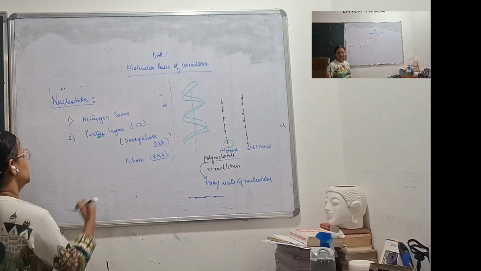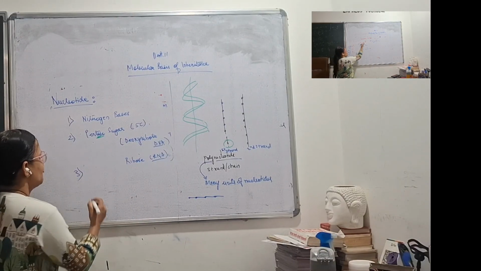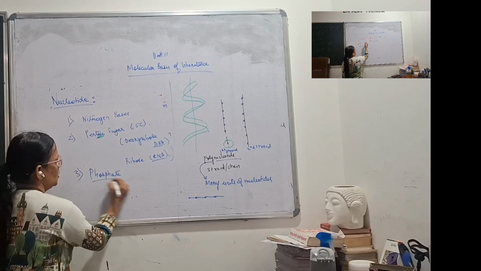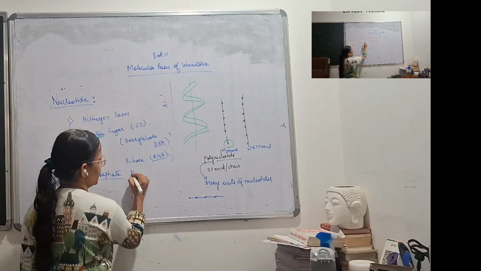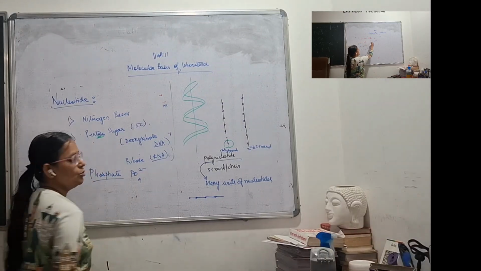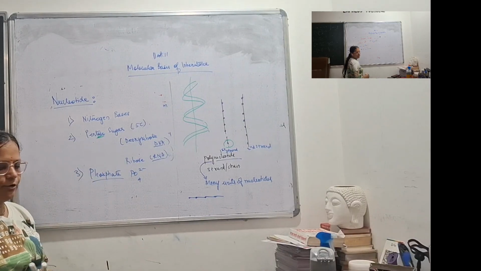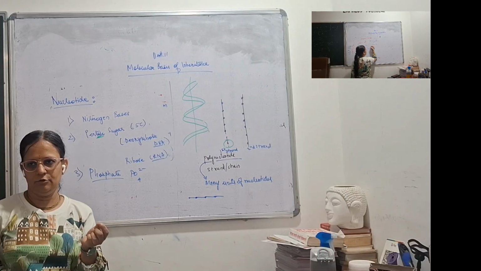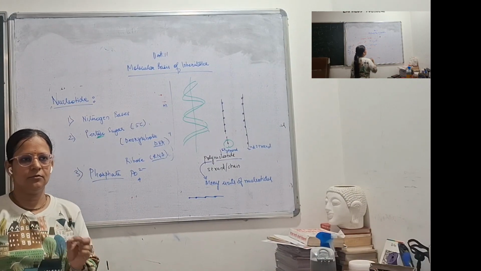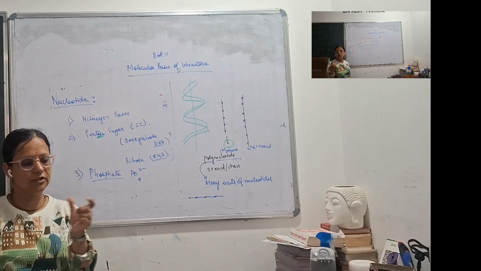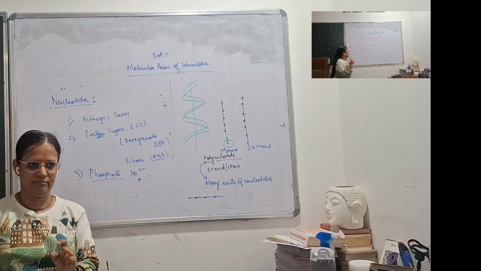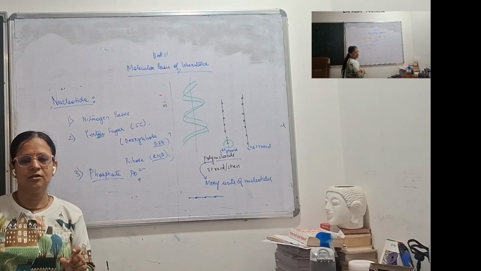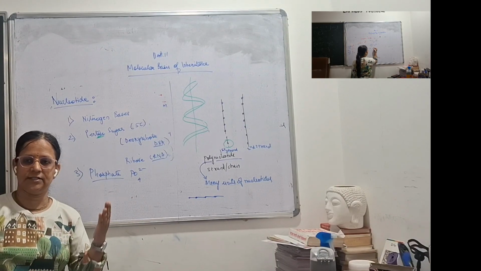And the third component in nucleotide is phosphate. Okay, phosphate. Now phosphate is also designated as PO4 2 minus. Now when you add oxygen to any element, you give the suffix as ate. Like suppose if I mix oxygen with carbon atom: carbonate, carbon monoxide, carbon dioxide, carbon trioxide. These are all carbonates, right?